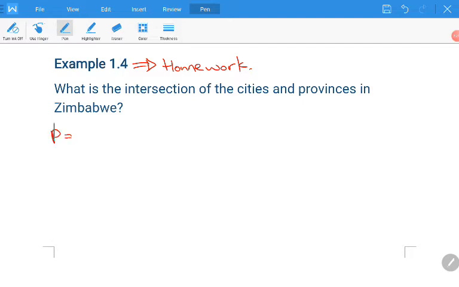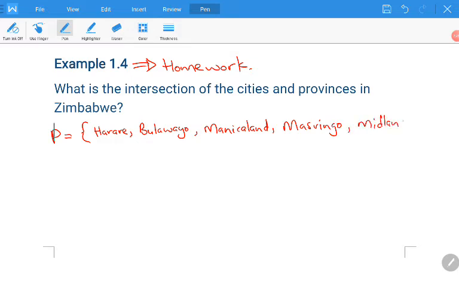So P is equal to, we have Harare, we have Bulawayo, we have Manicaland, we have Masvingo, we have Midlands,